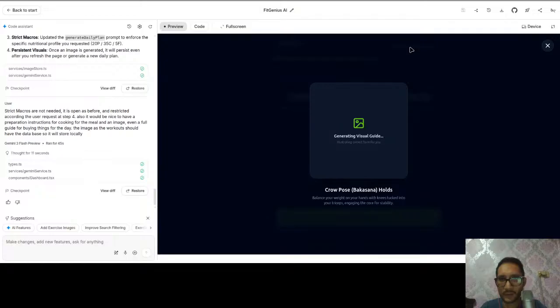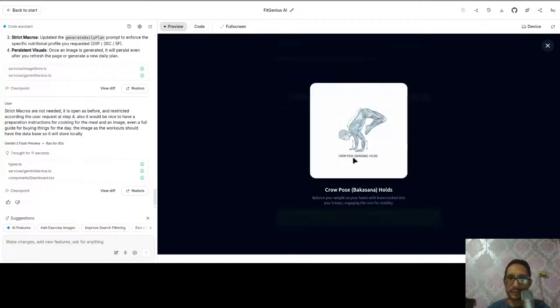Yeah. Let's see visual guide. Cow pose, Bakasana holds. Balance your weight on your hands. Okay, let's create visuals. I don't think that's good. Is it right? I don't think so. The image is totally wrong. Or this is right, cow pose. Let's look in Google.